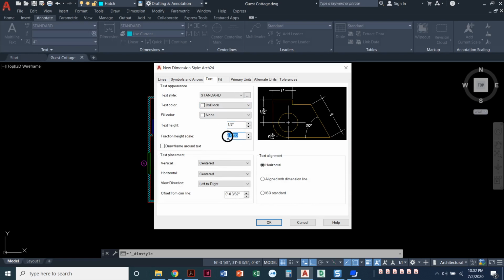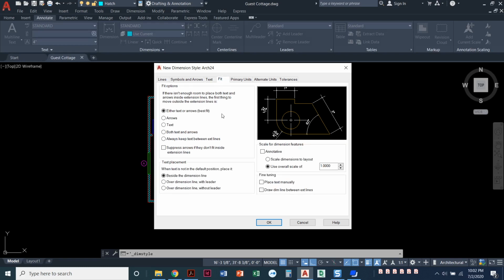Fraction height scale, we can leave it at 1 here. We're going to change our offset from dimension line to be 1/16. That is how far our text is sitting above the dimension line. We need to actually set it. I haven't done that yet, but we're going to click here, click on above. So our text is going to sit above the dimension line, and 1/16 inch is how far above that line it is. And we're also going to select this option here for aligned with dimension line. That's what's going to rotate our text for these side dimensions here. So this looks good. The last thing we need to do is come to the fit option